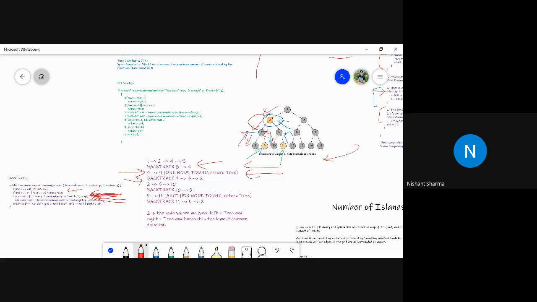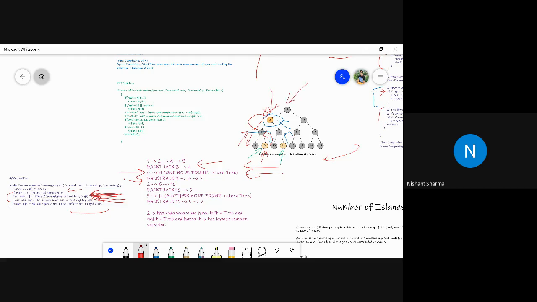That's how we check: if both are not nil, then the parent is 2. If one of them becomes nil, then the logic is different. Then we check for this condition. Suppose take an example like this. One node is 9, another node is 2, and we want to find the LCA for them.